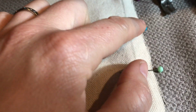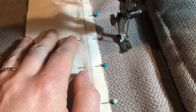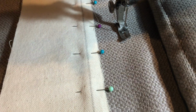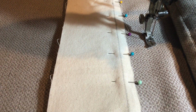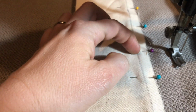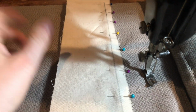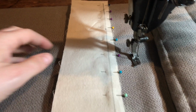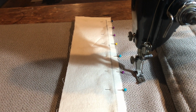And you see I've pulled my pins out slightly from my line. That gives enough room for my presser foot to slide right past them, so I don't have to pull pins as I'm sewing, and the machine will just go right past them. If the needle comes down close to one, it'll just shove the pin the other way, and it usually won't cause any issue. I have broken needles before hitting a pin, but it's worth taking the risk to keep the